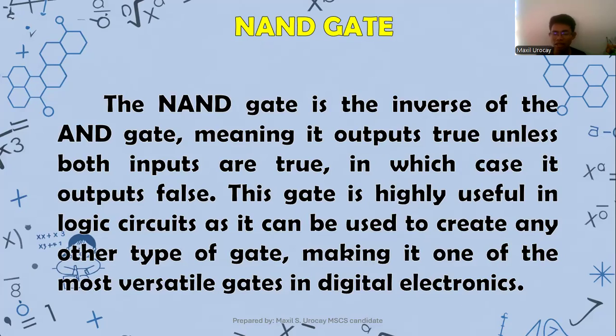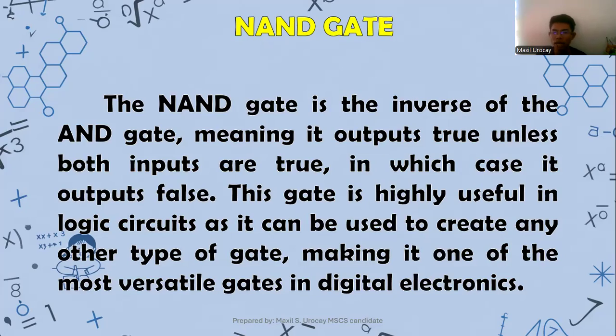So that means in the NAND gate, if you can remember the calculation we did before in our propositional logic, this is strictly the inversion of the AND gate. So if the AND gate is true when there are two true statements, true times true is true, then for the NAND gate it will become false. For true times false, which is false, it will become true in this case.